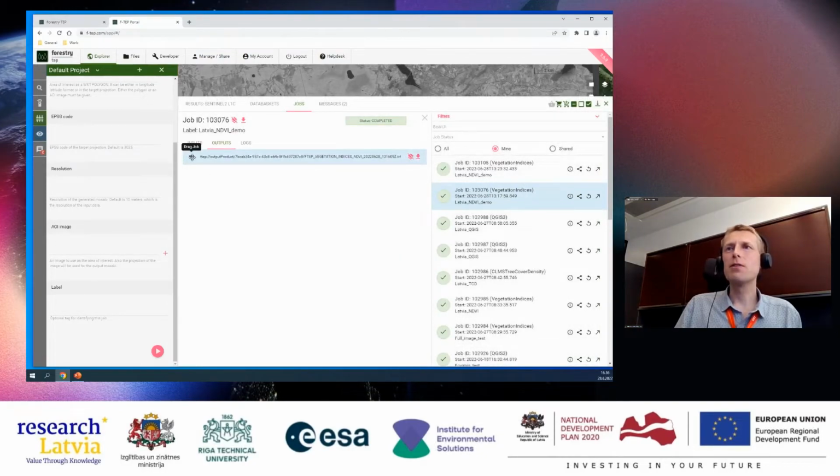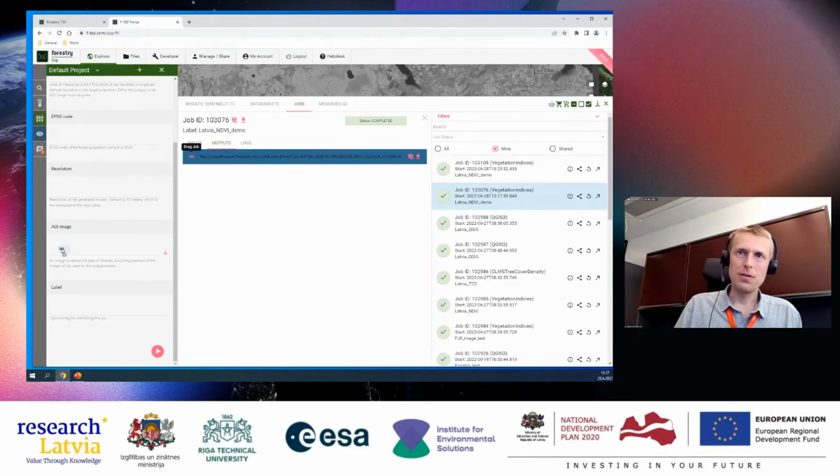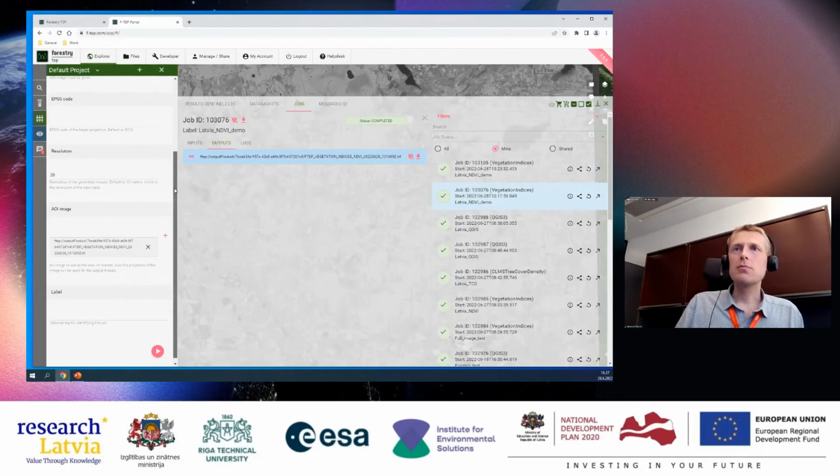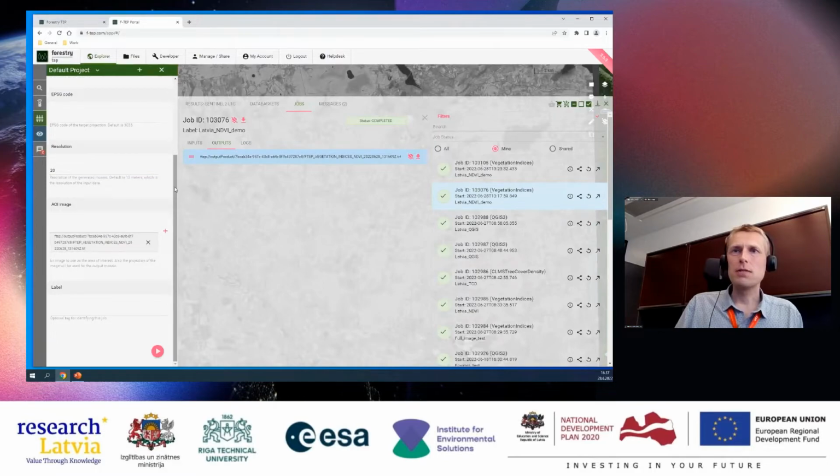If you have the output from your previous vegetation indices job, you just drag it like this to the AOI image parameter box and drop it there. And I think I used 20-meter resolution for the vegetation indices product, so I will put the same here, but you can use whatever you used. And then we just label.